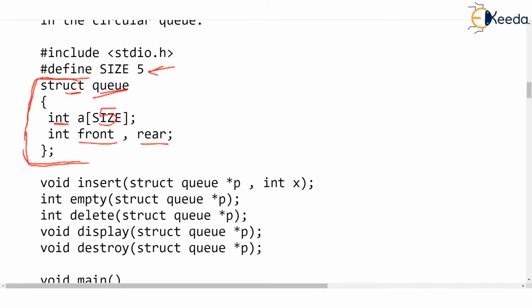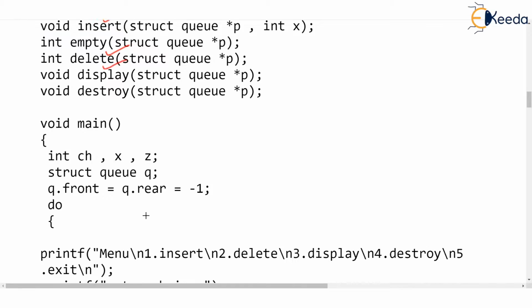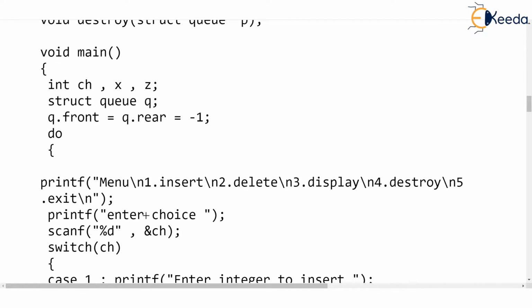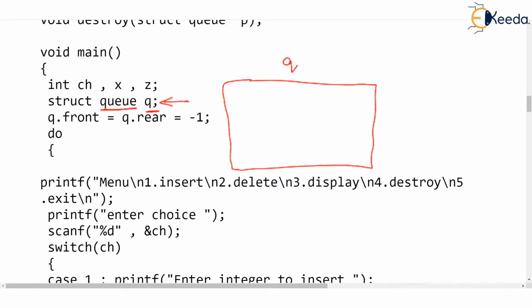And then the operations for a queue are insert, delete, display. These are the three major operations. So let's see what main does. Before we see the insert operation, main as usual declares a variable called queue of type queue. So queue is going to be a structure variable, and it will contain an array because it is of type queue, and this array has fixed size from 0 to 4 and two counters, front and rear.